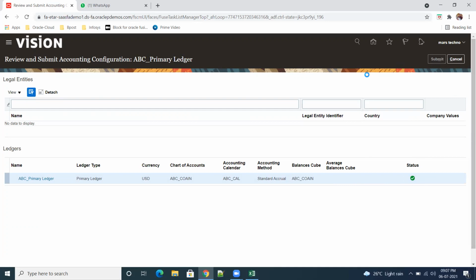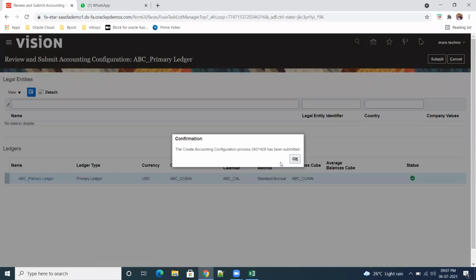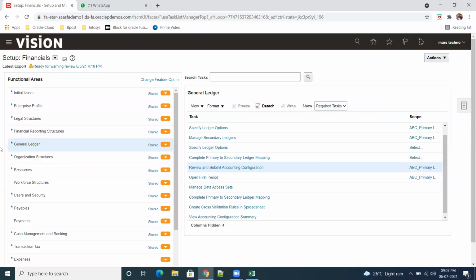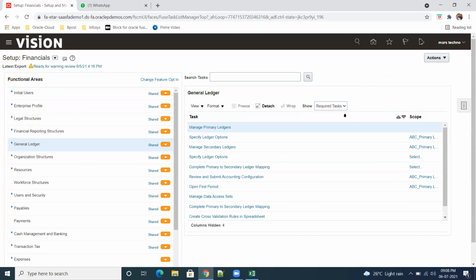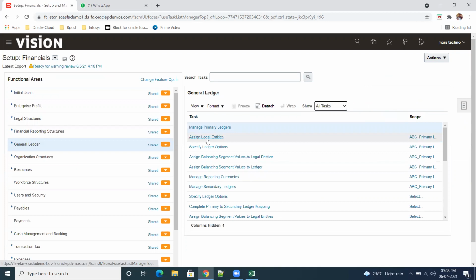Okay, so after this, next you have to go to legal structures. Not here, sorry, general ledger only. Here go to all tasks, assign legal entities. This is the next step. Whatever legal entities we have defined, we are mapping them with the ledger.